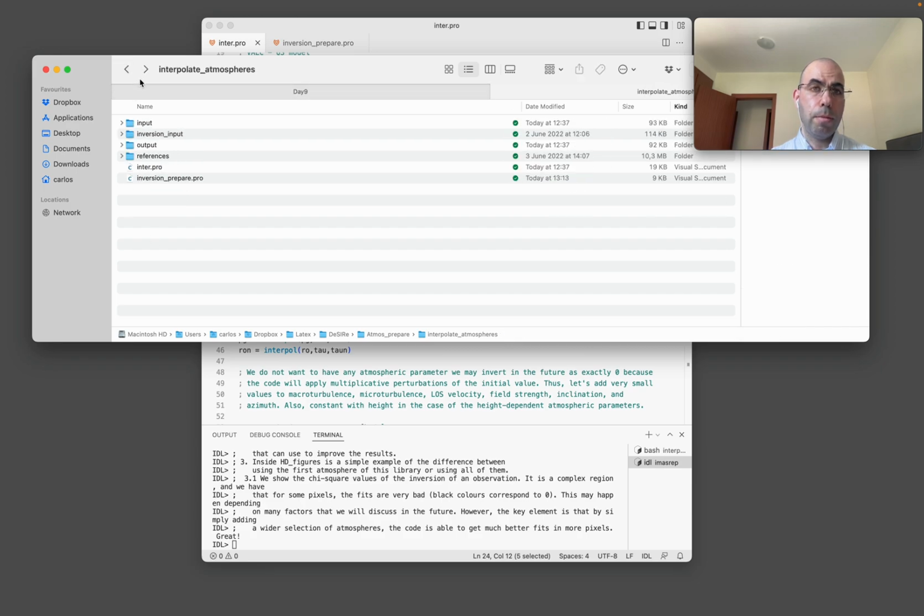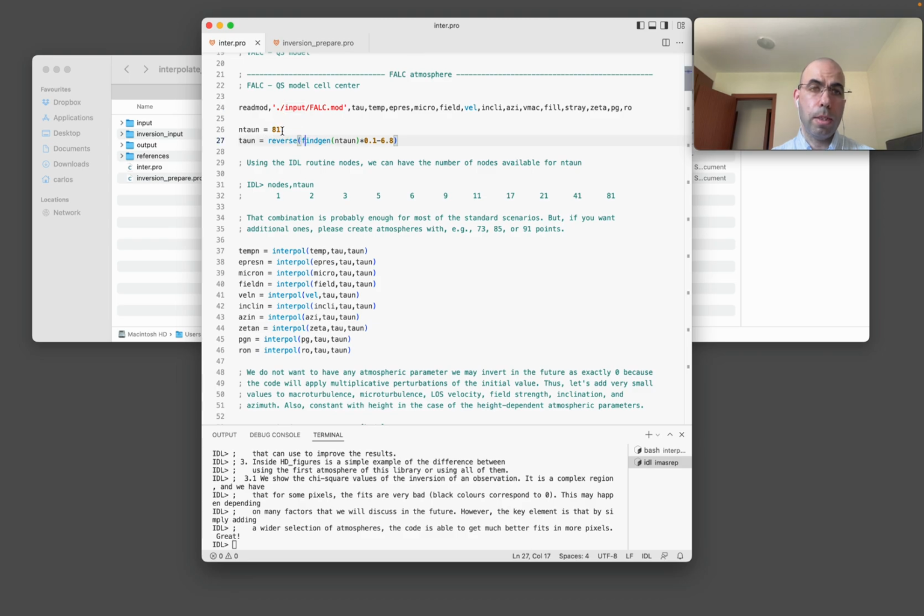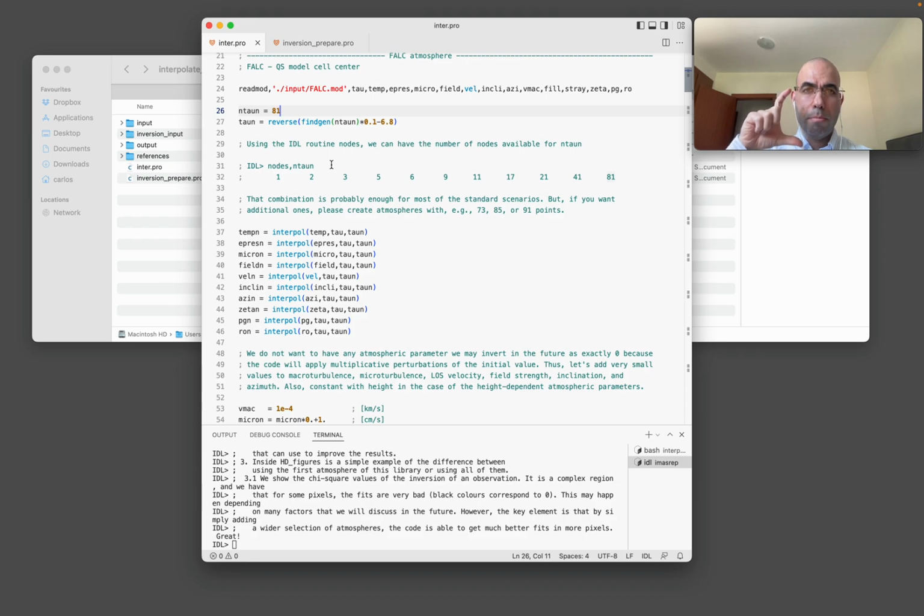Okay, so then we read them, and then we are going to interpolate them to an optical depth scale that has 81 points, and it goes from -6.8 log tau to 1.2, sorry, to 1.2. The idea is that this is large enough to cover most of the chromospheric and photospheric lines that we are targeting to analyze with DeSIRE. And also having 81 points means that when we are doing the inversion, we can select all this range of